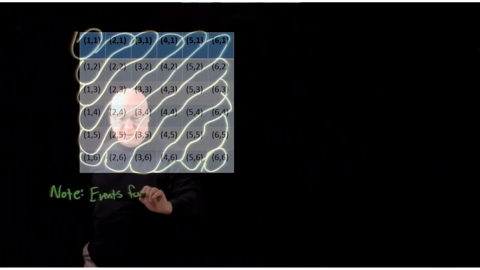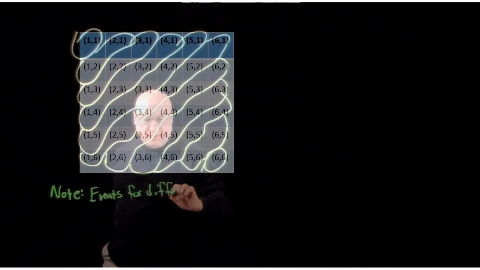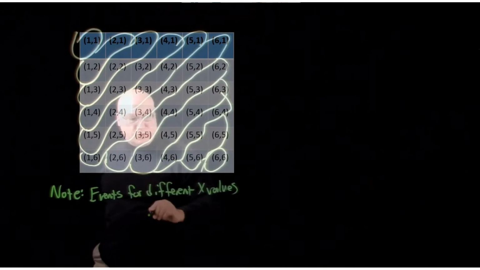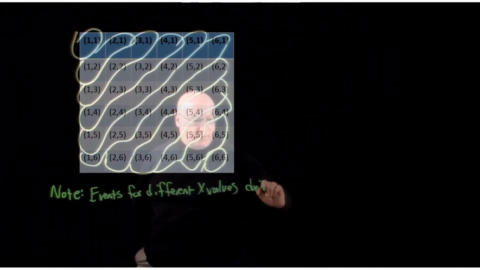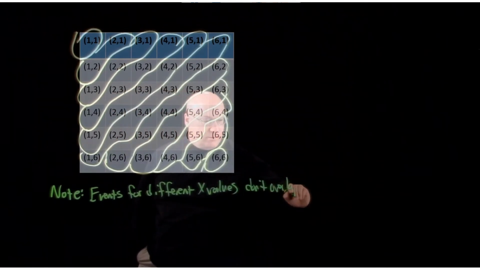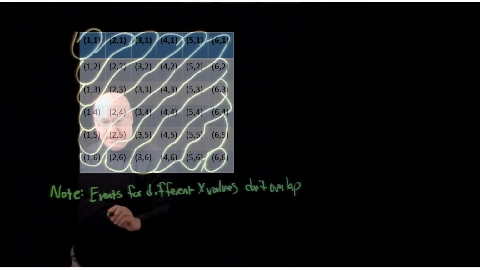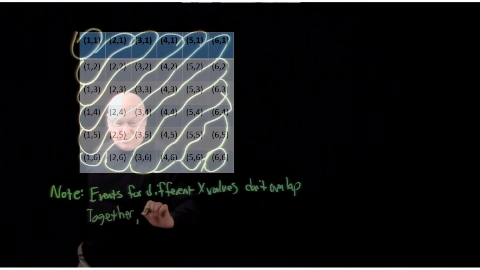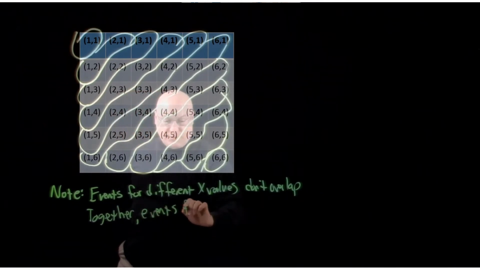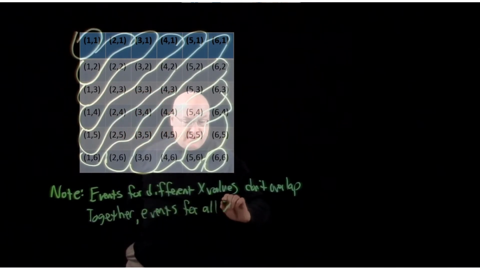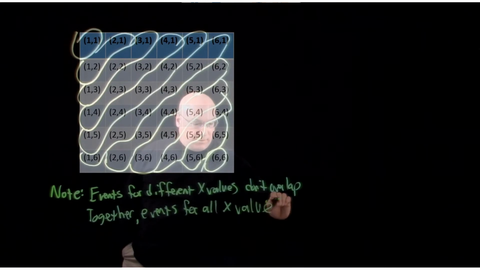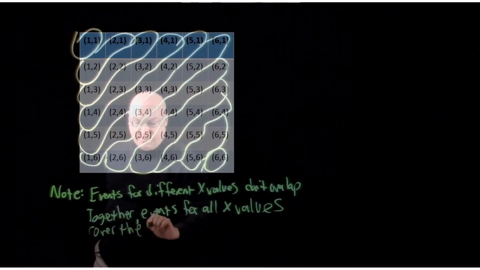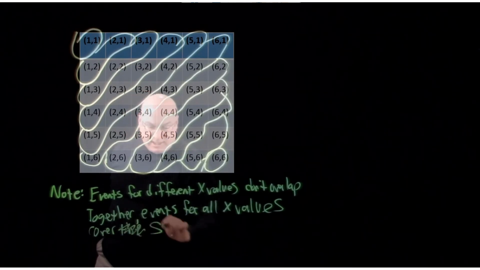The events for different x values don't overlap, and together the events for all x values cover the sample space. I'm just going to say cover S. They get every outcome in